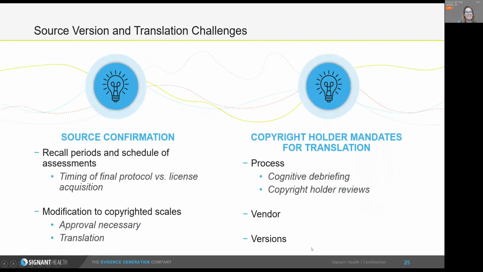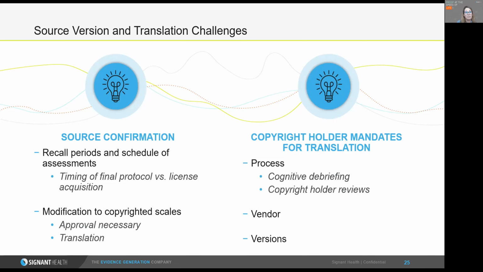Next slide, please. So here was just a brief summary of the source version translation challenges, just some things that we've seen doing licensing here at Signet through to source confirmation. This definitely can be a bit of a challenge and really requires the sponsor's protocol. Is it final? Are we starting work before a final protocol comes? This happens, it absolutely does happen, but it's really tricky, again, because timelines are always such a big concern,